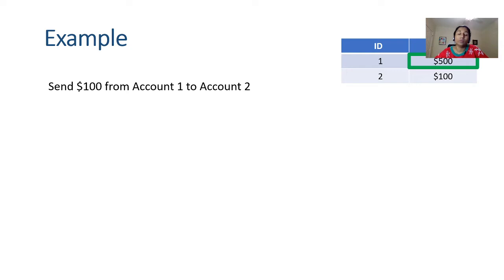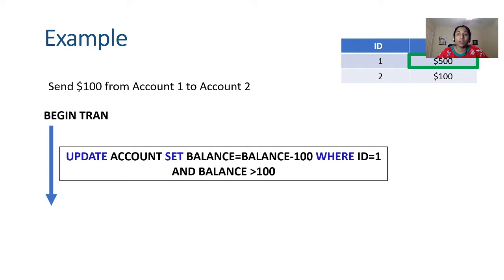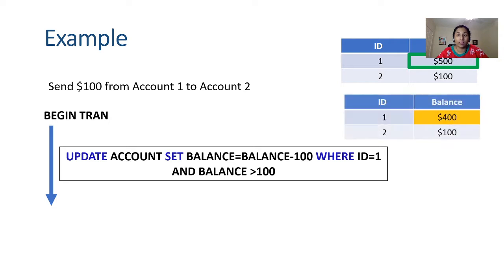I can do this simple bank transaction multiple ways, right? I can use the online application, or I can even use the mobile phone application. In this example, let's take the mobile phone application. Once I begin the transaction, SQL Server will also begin the transaction behind the scenes. It will first deduct $100 from my balance where ID is 1. This is the first operation, so it will make it $400. The second operation is to credit $100 to my friend's account, right?